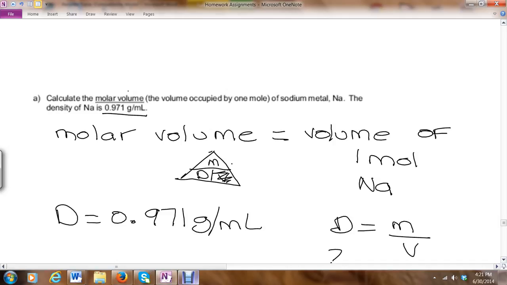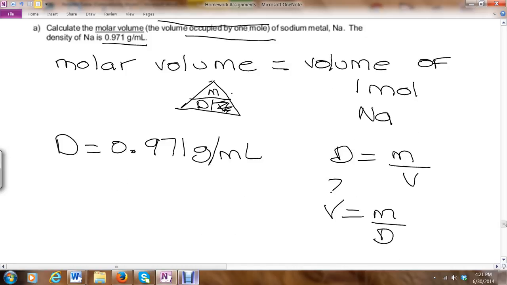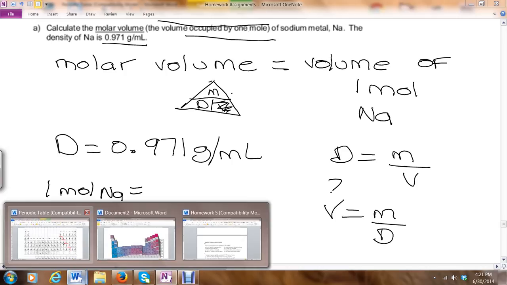Okay? So you need to find the volume occupied by 1 mole. It says it here. Now, what is the volume occupied for 1 mole? And can you find the mass? Yes, because we know by the concept of molar mass that 1 mole of sodium weighs the molar mass of sodium, which is going to be